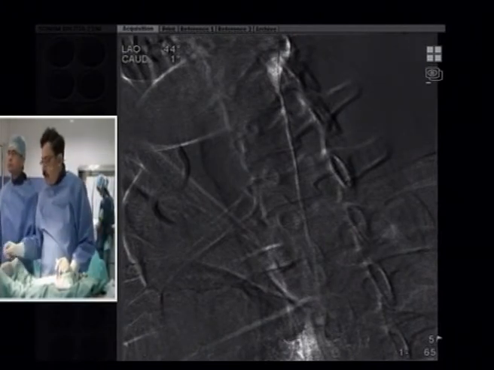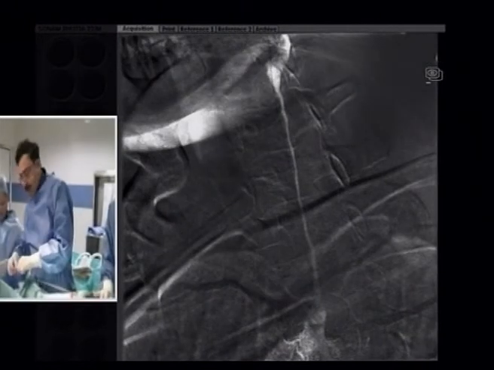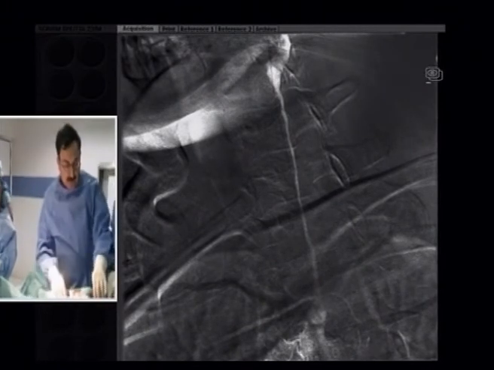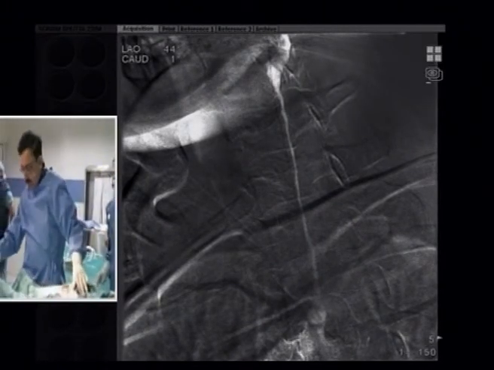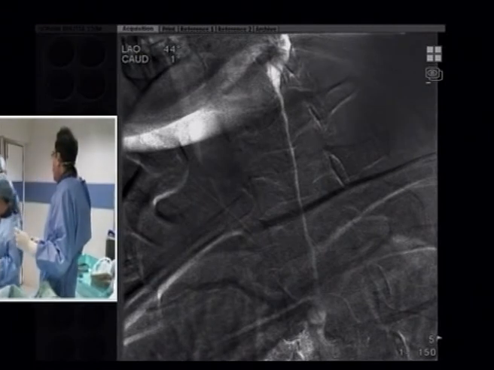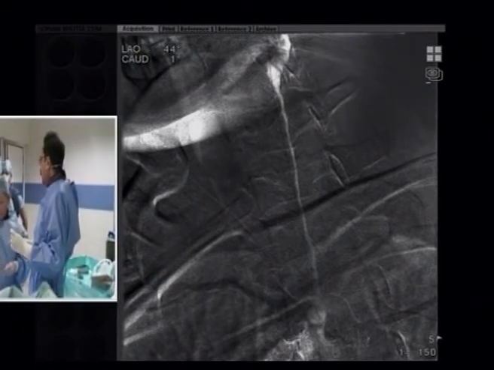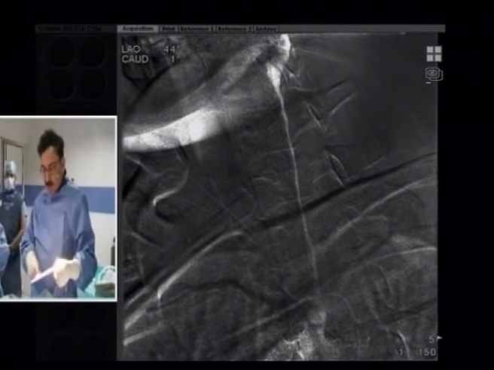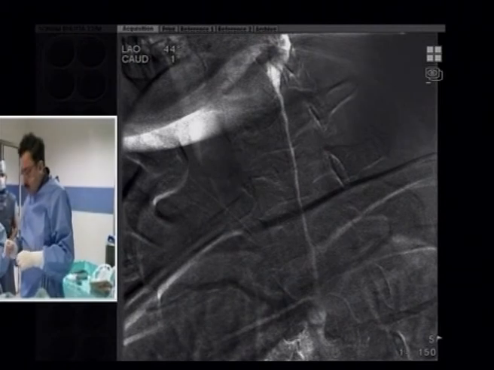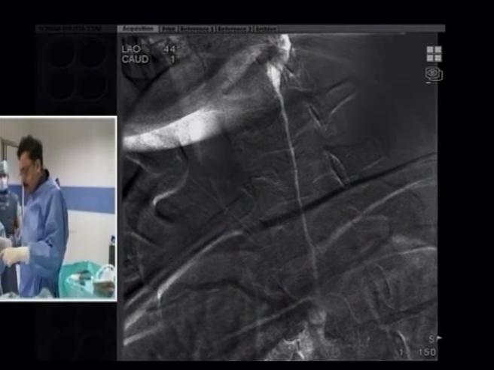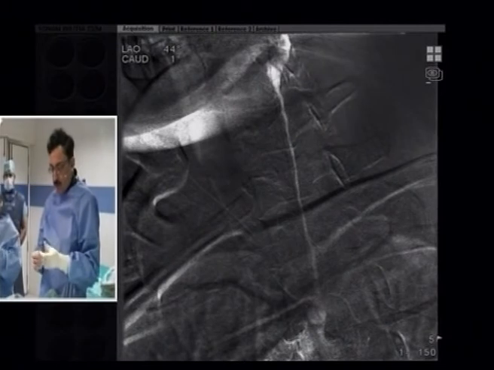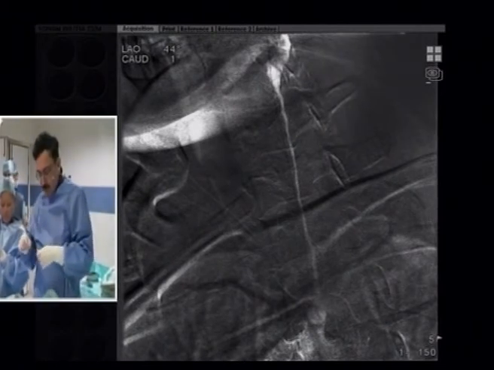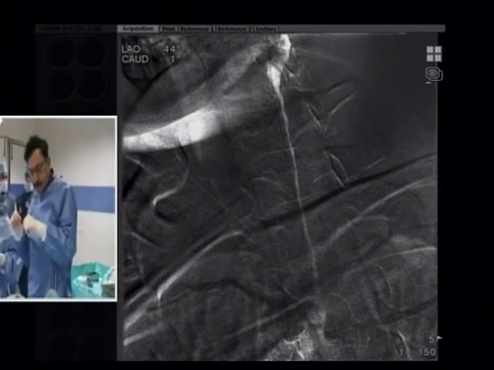So now we are going to take a balloon. We are going to take a 5 millimeter by 100 millimeter balloon and then try to dilate this. This is a Pacific balloon, again from Invatec. Is it a 18 wire or 14 now? This is a 14 wire. The Pacific takes an 18 wire, but we have got a 14 wire because whatever we want to do, we can do. It's an All-Star, which is an extra support guide wire.